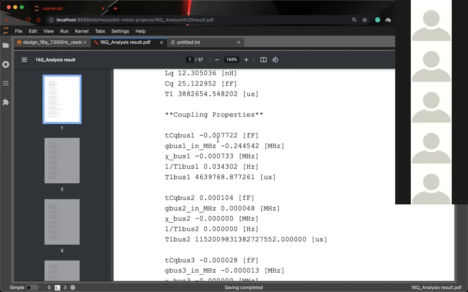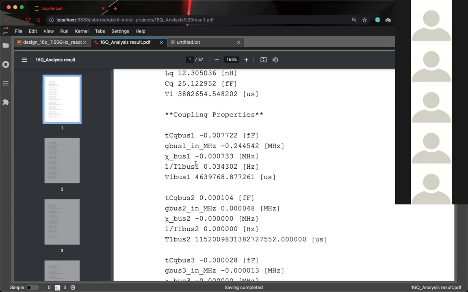Okay, so these are transmon properties. We also have coupling properties. Coupling properties are basically, within 2 qubits you have the interconnect. So what is the cavity coupling of that particular interconnect, and if you have readouts, then what is the coupling constant for that particular readout. And you also have the chi value. Chi is defined as g squared by delta, which is detuning.